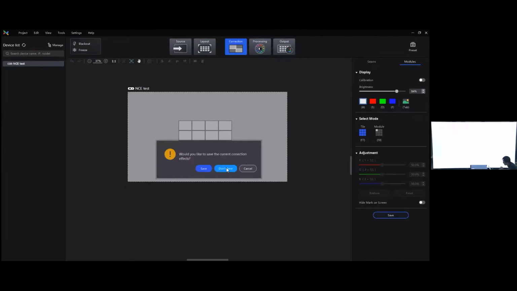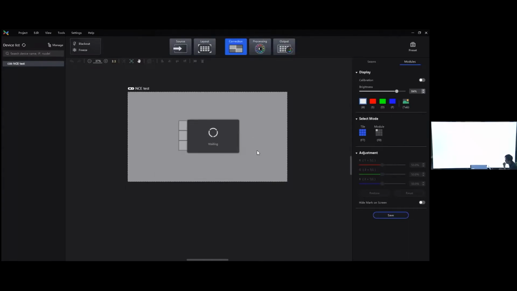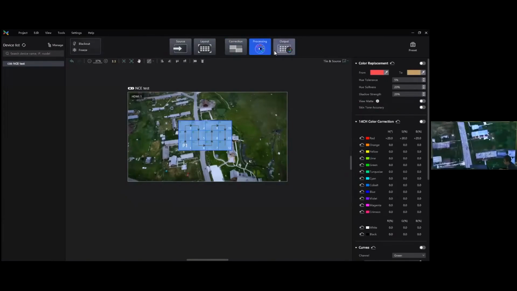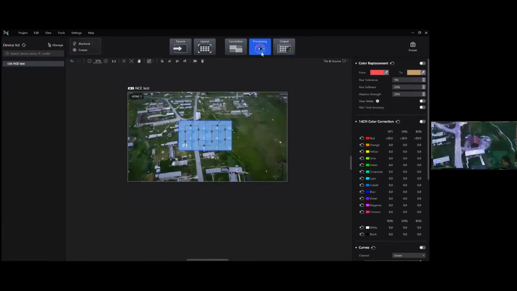If you, of course, after you setting everything down, you can click save to save it to the controllers. So now let's just... don't save it. All right. So now let's move to the processing part, because